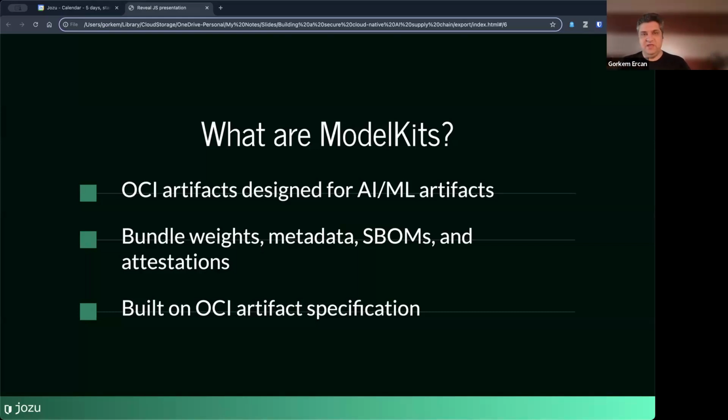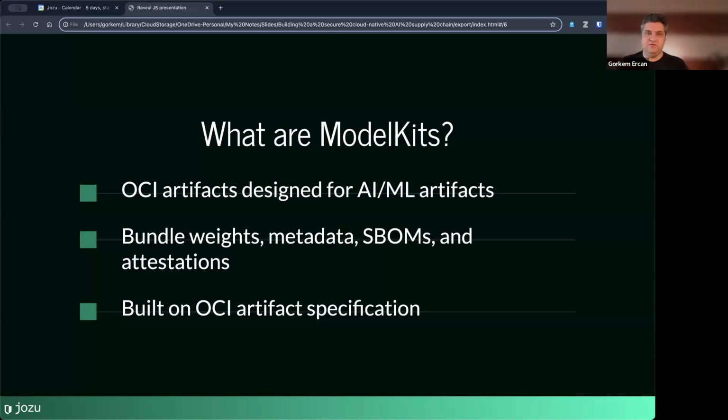For instance, Helm charts can be packaged as OCI artifacts. They have their own OCI artifact definition. Who else is doing that? I think WASM actually can be packaged as OCI artifacts. The policy files can be packaged as OCI artifacts.